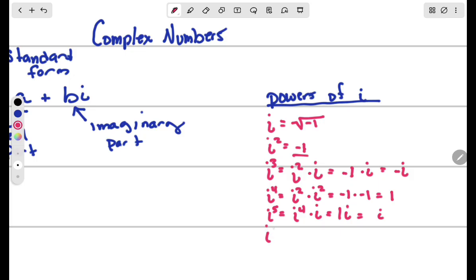All right, i to the 6th. Let's spread it out. What's something we know? You can get 2 threes, you can get a 4 and a 2. Let's do a 4 and a 2: i to the 4th times i to the 2nd. When you factor it out, we know i to the 4th is just i, and i to the 2nd is negative 1. So i to the 6th is also